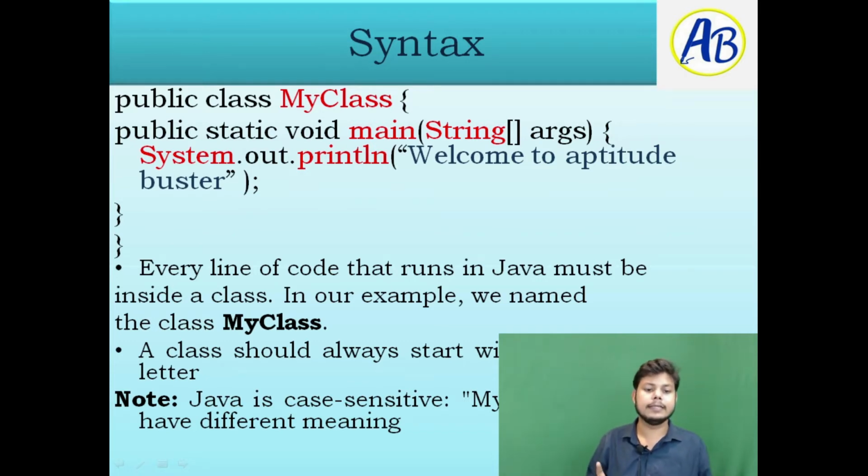And one more thing, the main class name should be your file name. Whatever your file name is, it should be the name of your class. Okay, and then the semicolon, I will discuss about this. And now public static void main String args, I will talk about the basics of this. So this is the main function of Java. This is the main function.